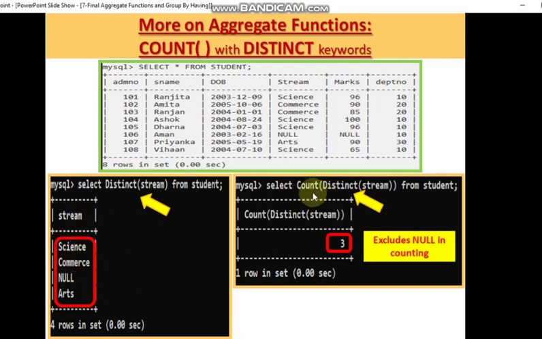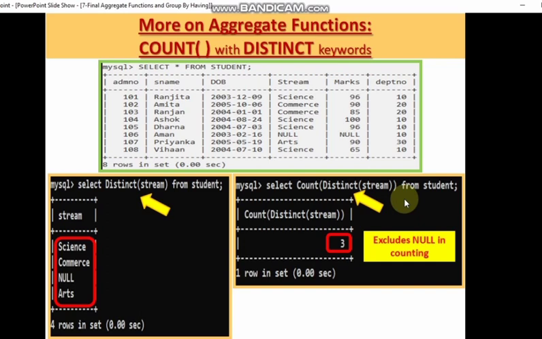But what happens when you use distinct with the function count? Now count always returns one single value. Count is an aggregate function, and all aggregate functions return one single value and take one single parameter. So it is taking this entire distinct stream as the parameter.